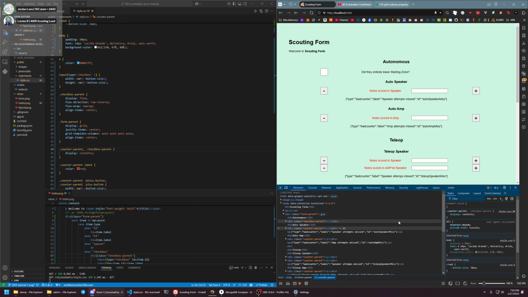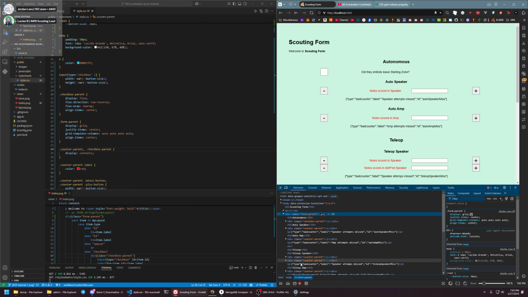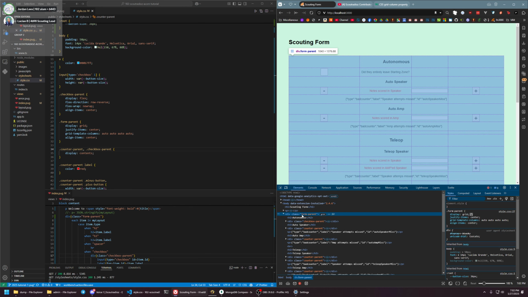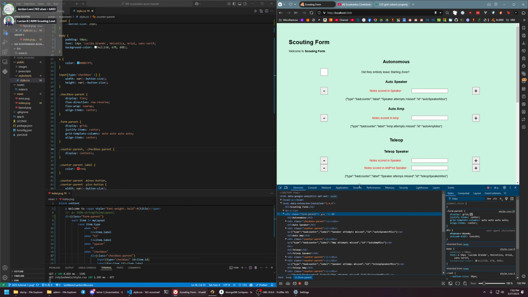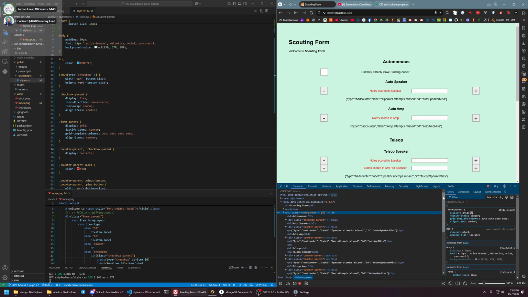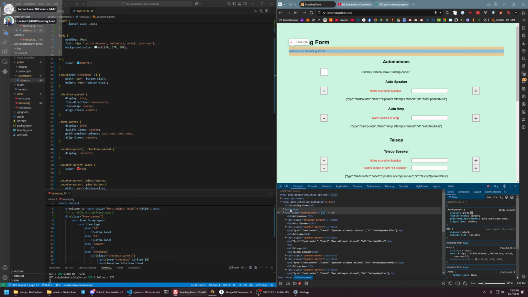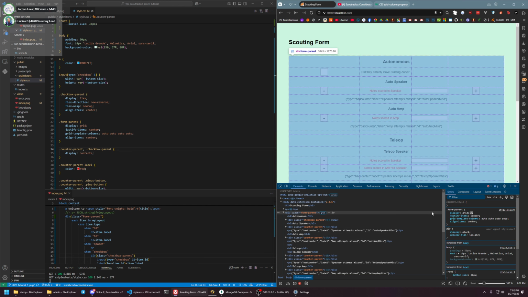Honestly, display contents is a bit of an advanced thing. Let's see if I can explain it in an understandable way. I'm just thinking, because I don't want to just repeat what I said, that's silly. So I'm trying to think of a way to rephrase it. But yeah, like the display grid,